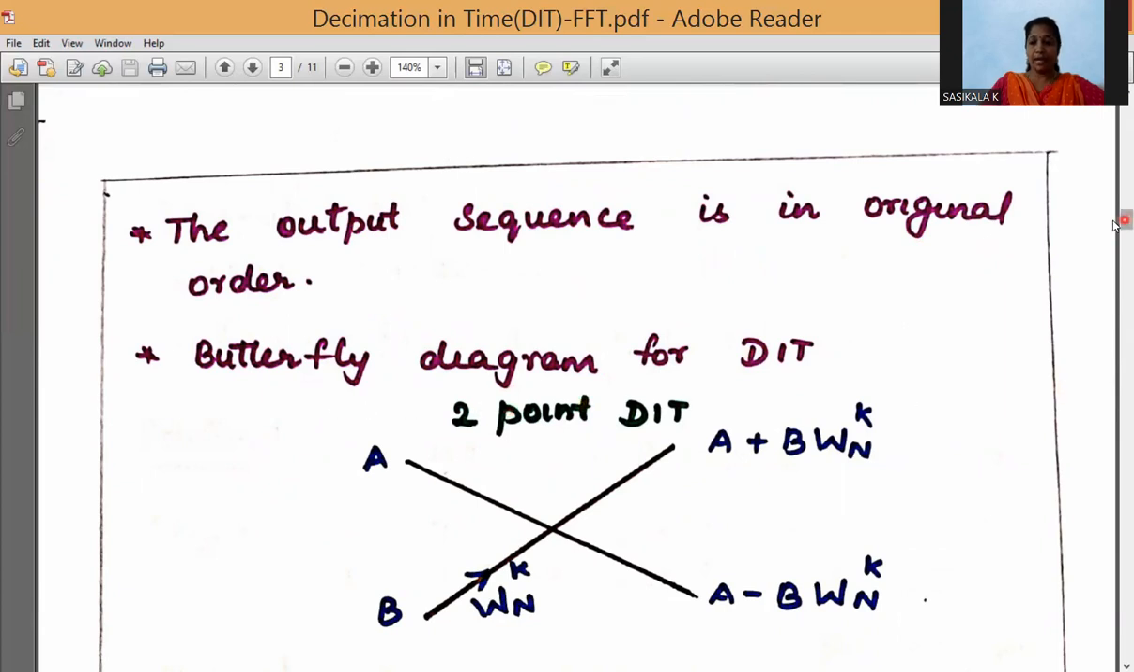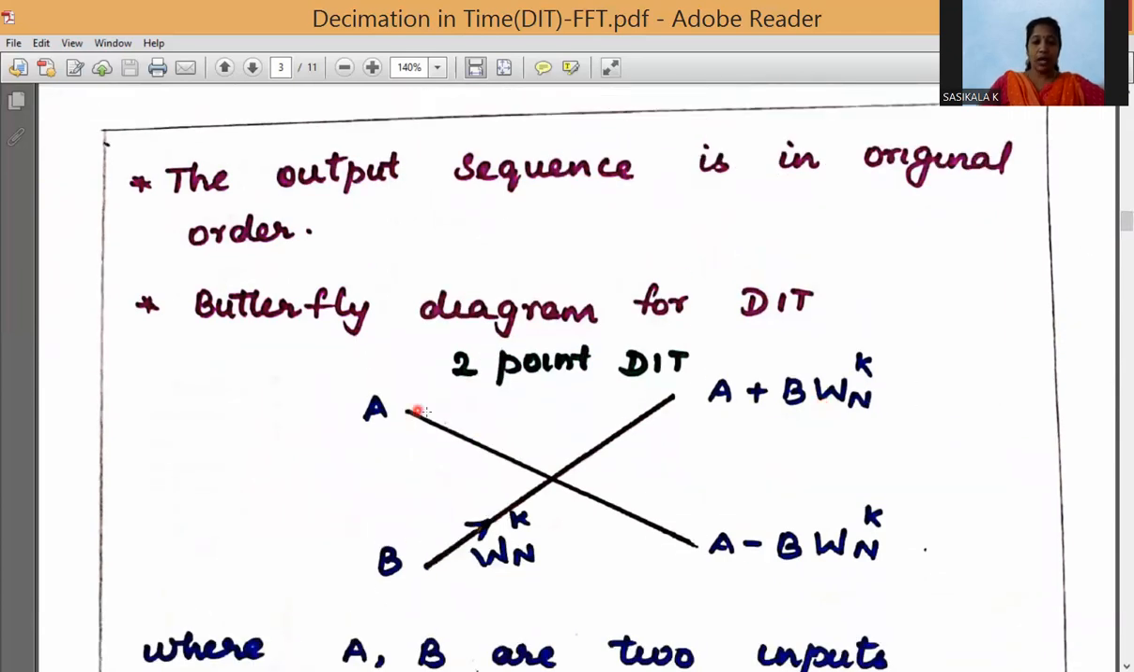And this is the butterfly diagram for DIT. So you have to put a cross mark. And here on the left hand side, I'll mention A and B. So this A and B are the inputs. So I am having 2 inputs and 2 outputs. On the left hand side I have the inputs, and on the right hand side I have the outputs. Here we have introduced the term twiddle factor in the DIT. For the fast Fourier transform, we'll be using this twiddle factor, which is represented as W base N